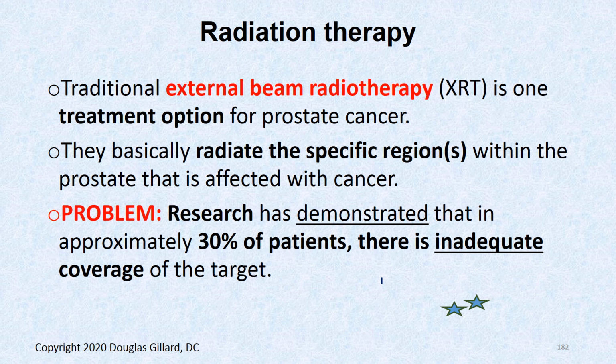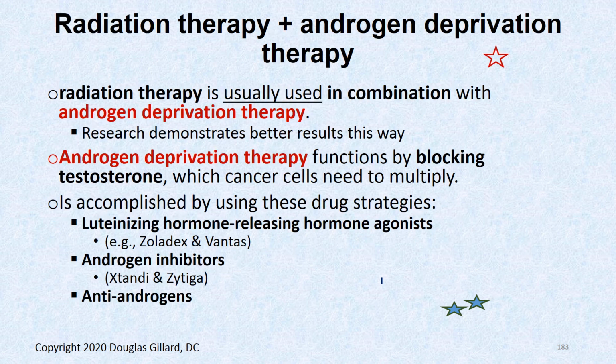Recent research shows that about 30% of patients don't get proper exposure. The radiation doesn't hit the target correctly, and therefore the cancer is not being exposed to radiation. So that's a problem. Radiation plus the androgen deprivation therapy, which we'll talk about in a second,